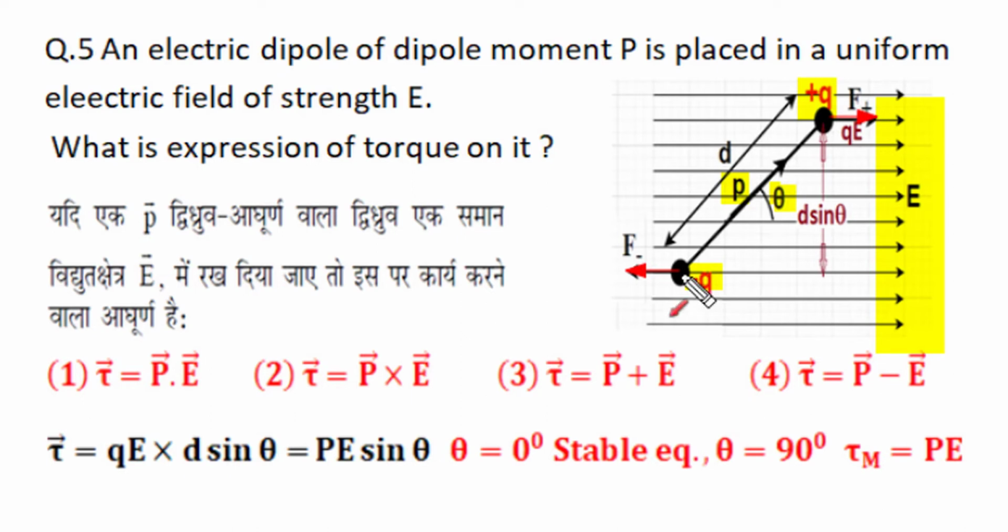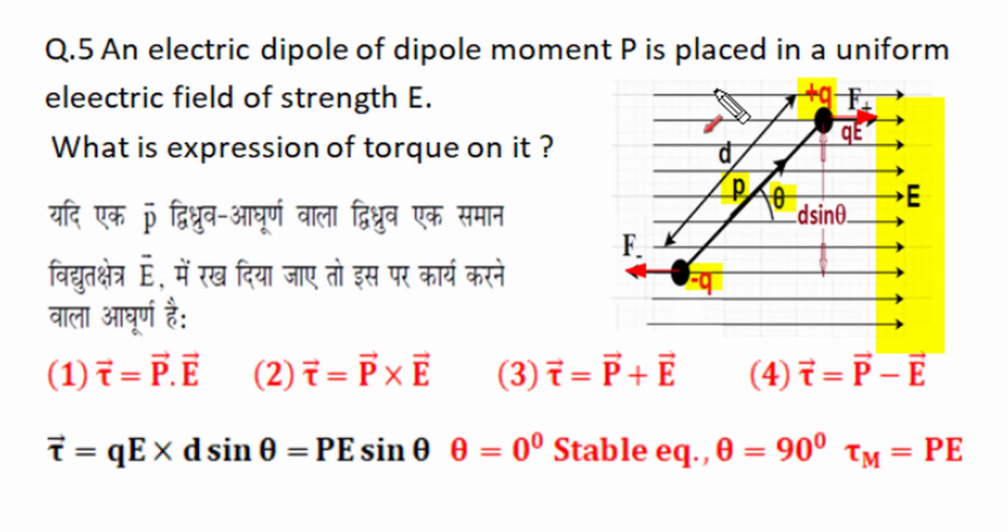Now this torque has a tendency to rotate the dipole and bring it to a position where theta becomes 0. The theta 0 position results in 0 torque or 0 rotating tendency, and that particular position is called stable equilibrium. Similarly for theta 180, the resultant torque on the dipole in a uniform electric field becomes 0, but in that condition if you disturb the dipole, it will not attain the previous position, it will try to attain the theta 0 position. So theta 0 is called the stable equilibrium position, and theta 180, again a torque 0 position, is called the unstable equilibrium